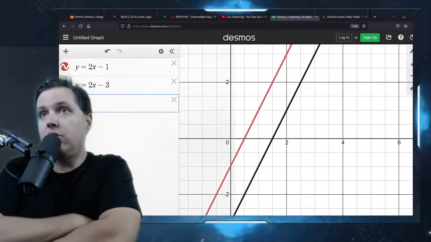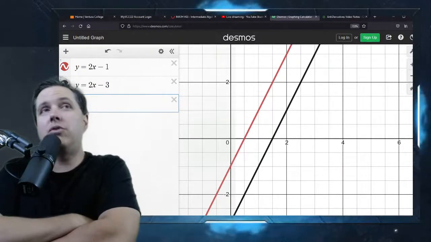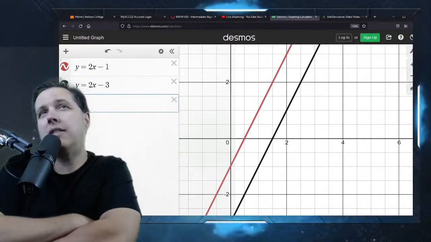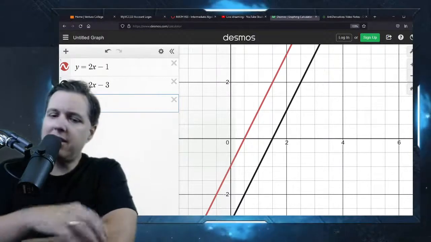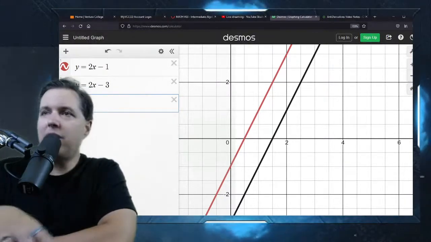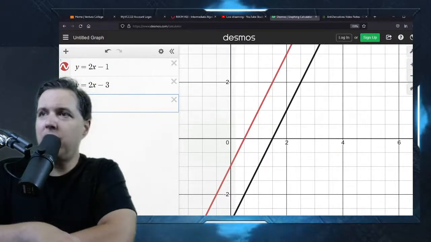Therefore, there's no solution. So you should just sort of stare at this for a minute and go, okay, that's the second one I need to memorize. Because like I said, once we get into the algebra, it's really easy to forget a lot of this conceptual stuff that we've been looking at.